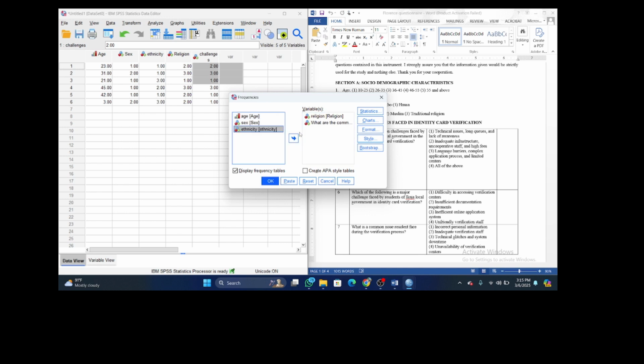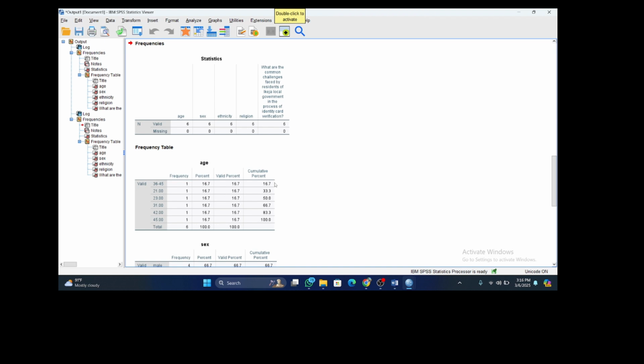Everything is already in the variable box because I have run the frequency test before, so I'm just going to put them back in the variable box. So you just click on them, move them with this arrow. Yes, so you click on display frequency tables, statistics. Yeah, it's going to show it. You see, voila,